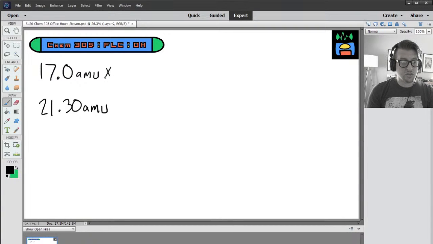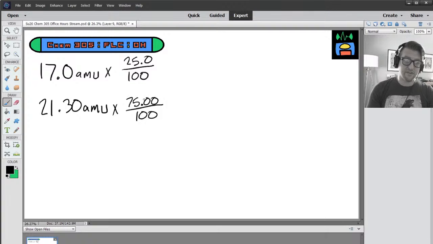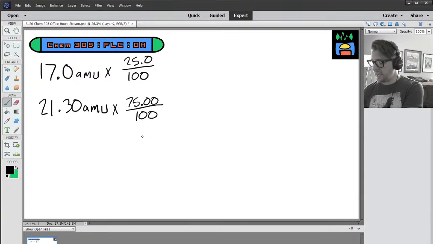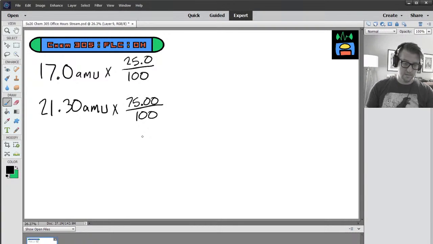And we have to multiply each by the percent abundance, but we have to do this as a decimal. So it's 25.0 over 100. That's how you convert a percentage to a decimal: you divide by 100. And then we multiply the second one by 75.00 divided by 100. Let's crunch our numbers, and then we're going to add these two together after we multiply each isotopic mass by its percent. So 17.0 times 25.0 divided by 100